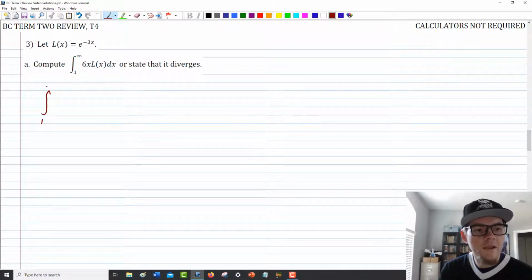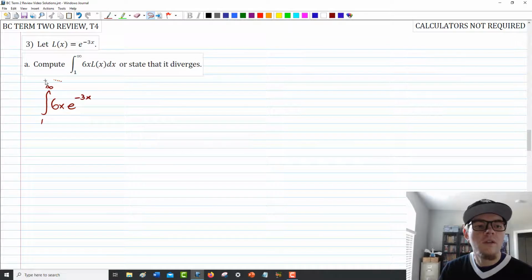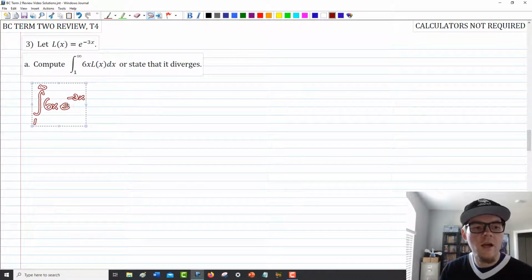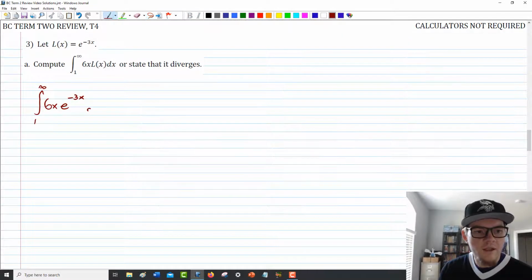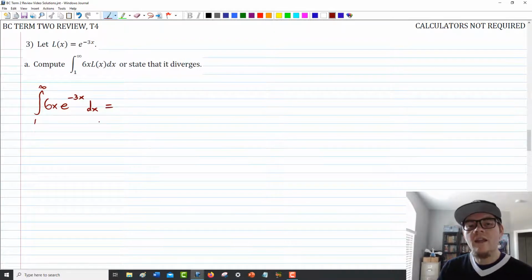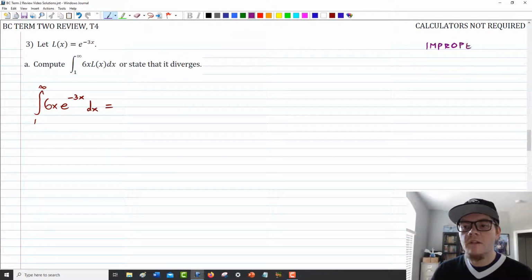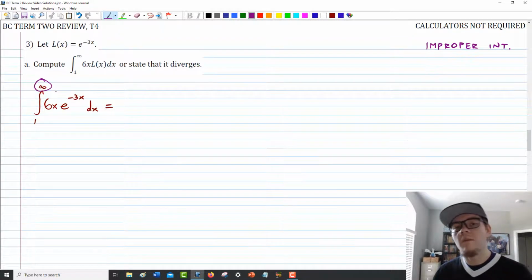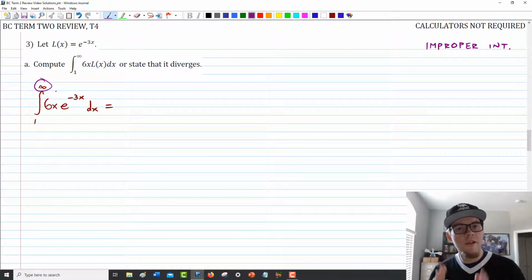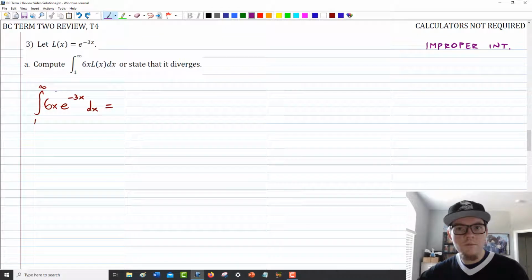We're going to be evaluating an integral from 1 to infinity of 6x e to the negative 3x. So, there's a little bit going on here. Oh, and I forgot the dx. Now, before we kick anything else off, talking about the topics included here, first and foremost, this is going to require us to evaluate an improper integral. The presence of that infinity up there means it's not a true definite integral, which is defined on a finite interval. This one extends on forever,